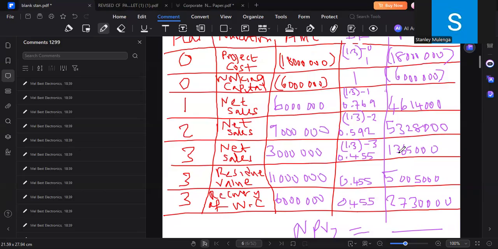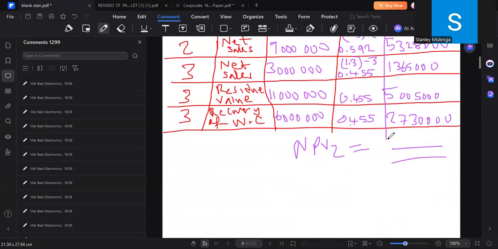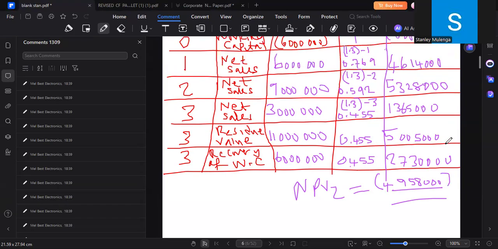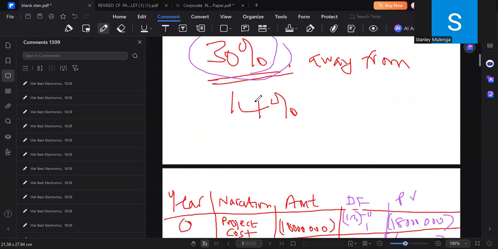So it's giving us minus 4,958,000. So negative. Even if we had used 20%, if rate 2 was 20% and gave us the negative NPV,